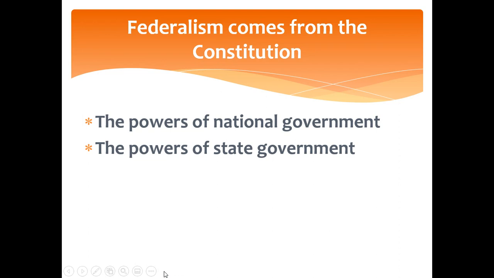So what's the next thing? The Bill of Rights. Okay, let's start looking through our Bill of Rights. First Amendment, freedom of press, assembly, speech. Nothing about states. Second, right to bear arms. Nothing about states. Third, the Quartering Act says we do not have to quarter troops in our homes for the government. That's not state related. Fourth, search and seizure. Fifth, self-incrimination. Sixth, right to counsel, right to a trial by jury. Seventh, we have the right to sue. Eighth, cruel and unusual punishment. Ninth is said to be the right to privacy.